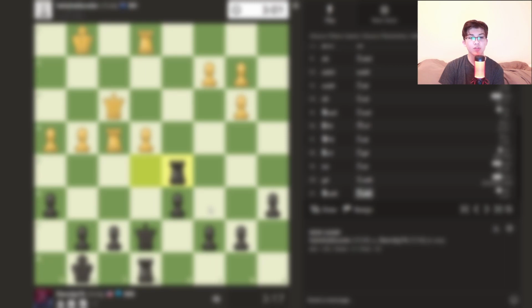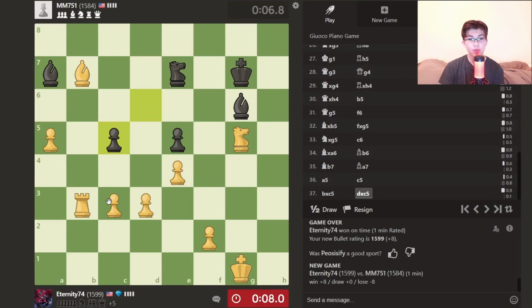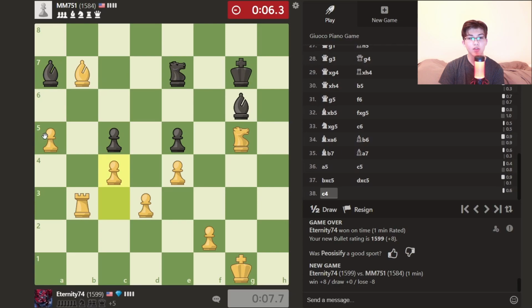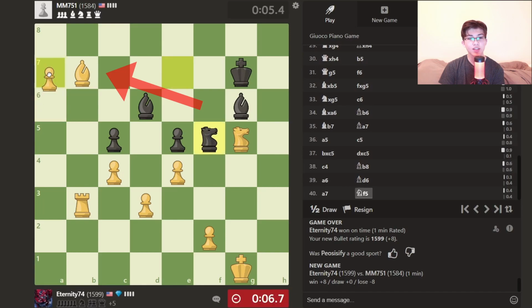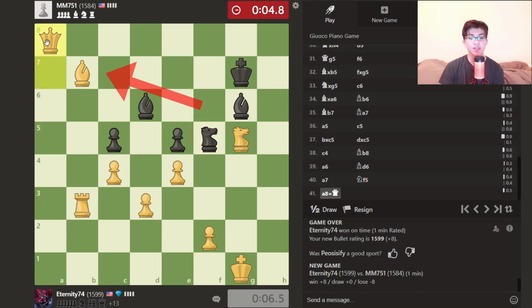The next special move is pawn promotion. If you can get your pawn down to the other end of the board, you can make it into a better piece as a reward for your efforts. The way this works is that if you move a pawn onto the very opposite side of the board, you